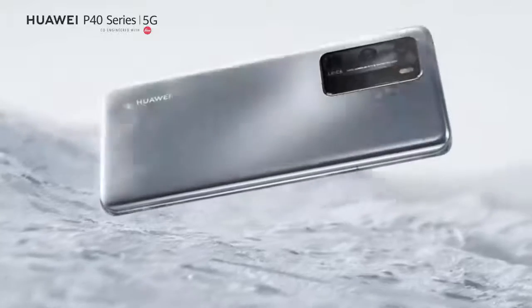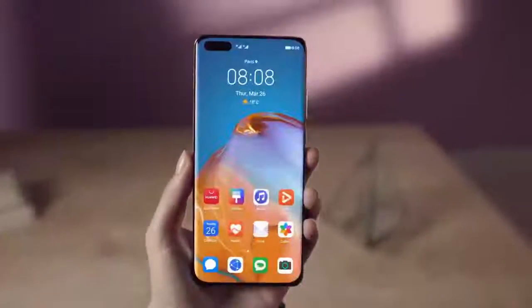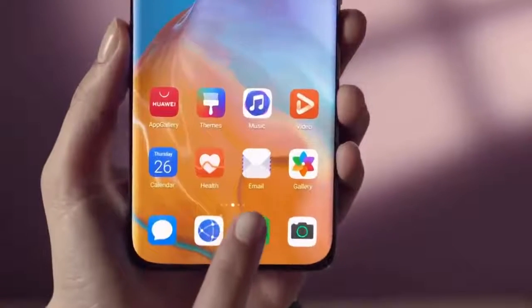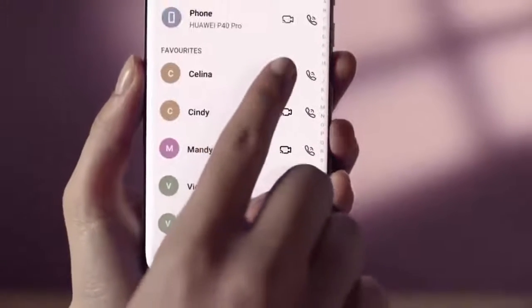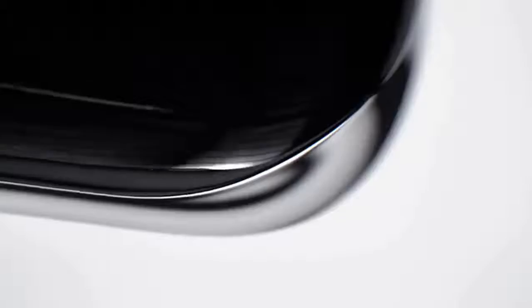The Huawei P40 Pro is powered by the same Kirin 990 5G chipset that we have seen in the Mate 30 Pro 5G and Huawei's folding phone, the Mate Xs. This is based on 7nm manufacturing technology and is plenty fast enough to keep up with the latest flagship phones. The processor is teamed up with 8GB of RAM and is also currently the only high-end chipset with integrated 5G, meaning it will work well with the dedicated 5G networks of the future as well as with the current hybrid LTE/5G